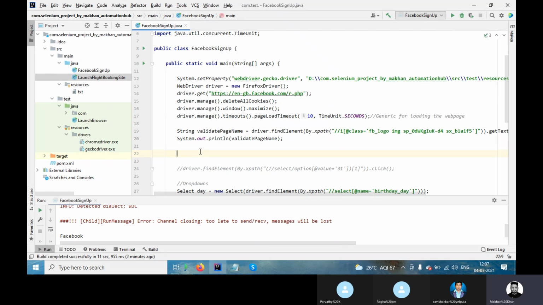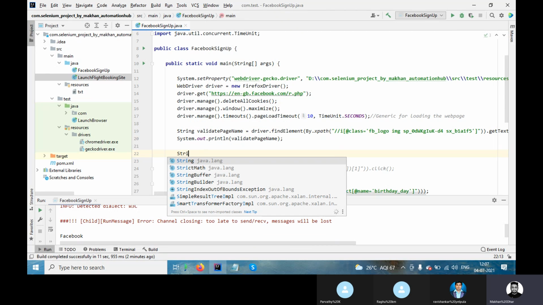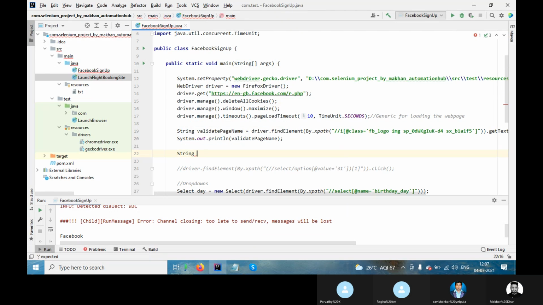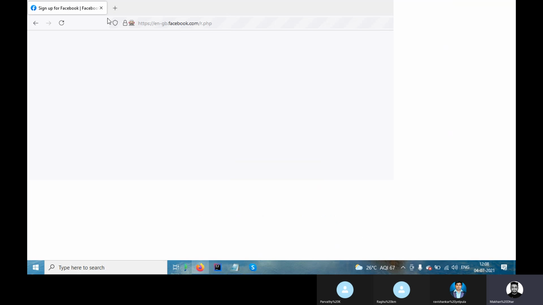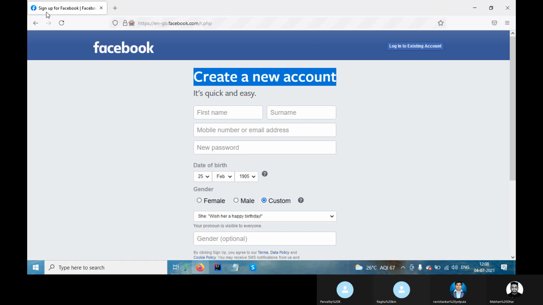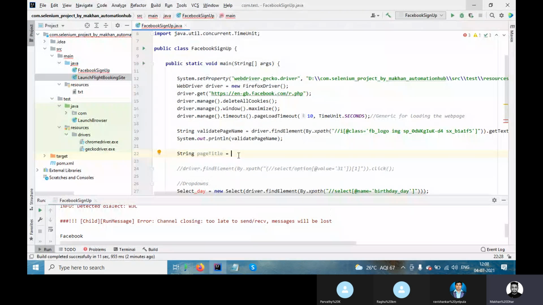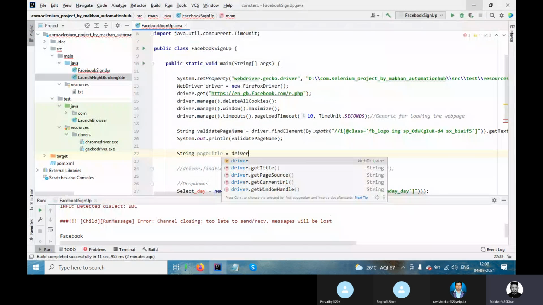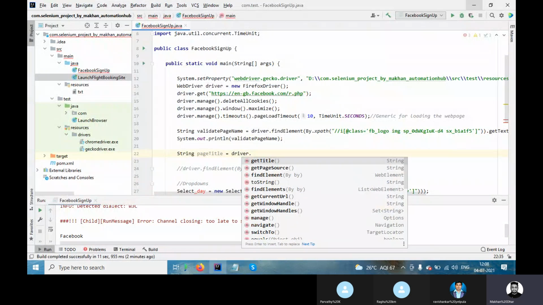Okay, so what you can do is say String page title. I'm just writing it. You are getting it, right? Page title means this is the page title, Sign up for Facebook. And I'm saying driver dot get title.